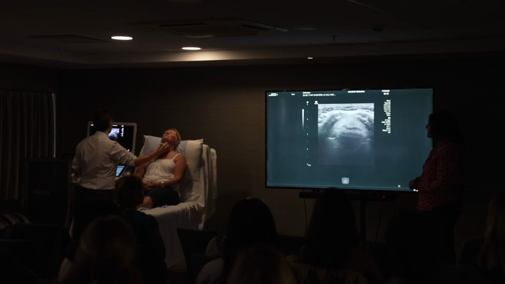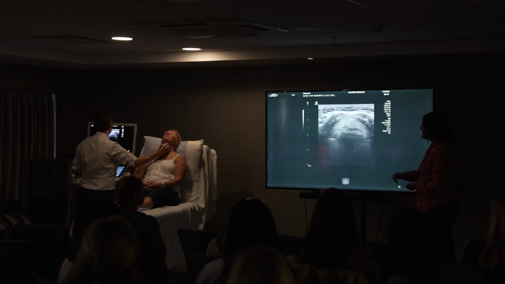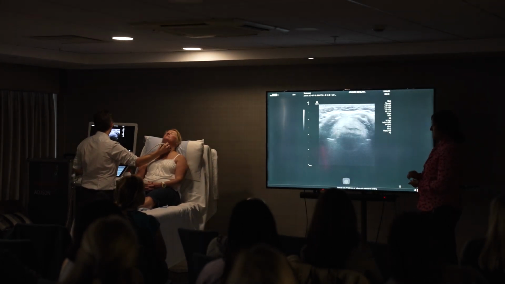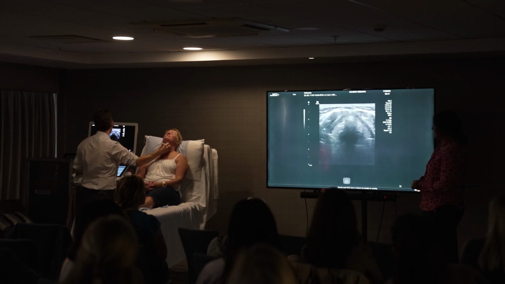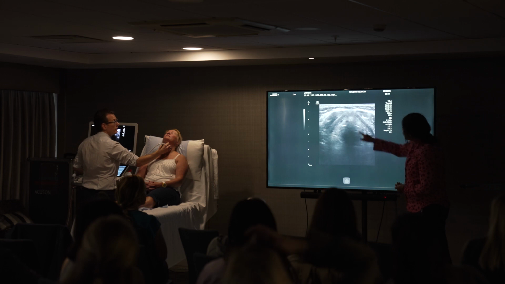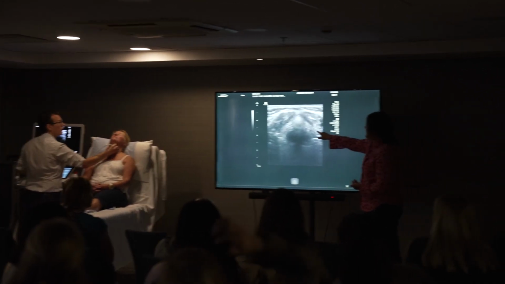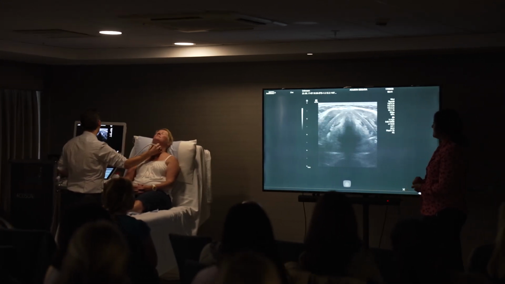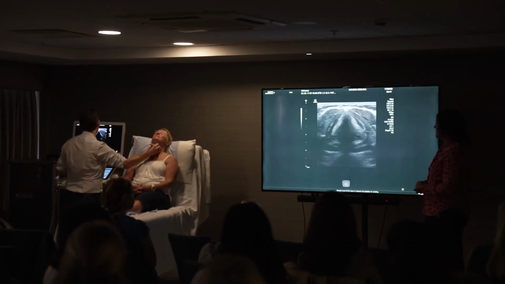So here you can see the pre-epiglottic fat, that's echogenic fat over here. And then you start to see the paraglottic fat spaces with the thyroid laminae. That would be the thyroid lamina here, and that would be the paraglottic fat, uniform and echogenic. And then as you come down,